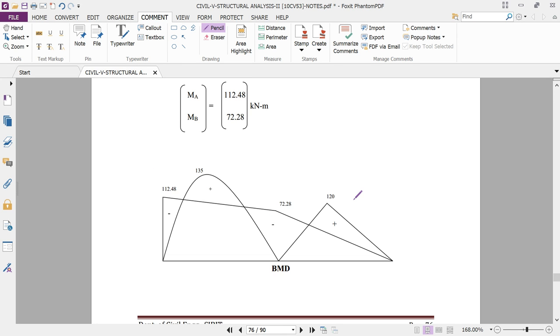This is the particular example I was talking about, which may also come in your examinations. It is a part of your syllabus, which is why I have covered it. This time also your examination will be MCQ based, so you have to look at the theoretical aspects of the subject along with the numericals.